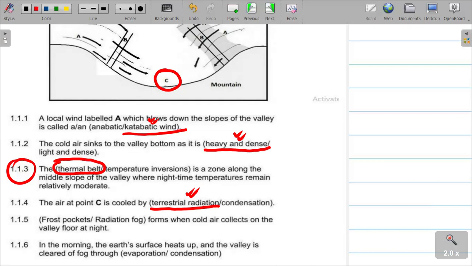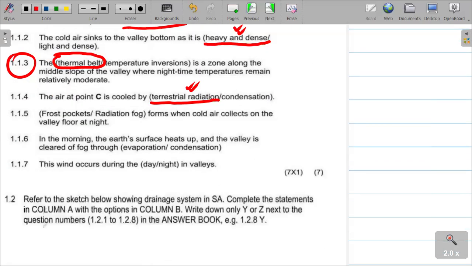We call that, or from the river system, as the heat is released: the incoming insolation hits the earth, and then the release of the heat from the earth into space, we call that terrestrial radiation. And then it actually causes temperature to go down. Number 5,